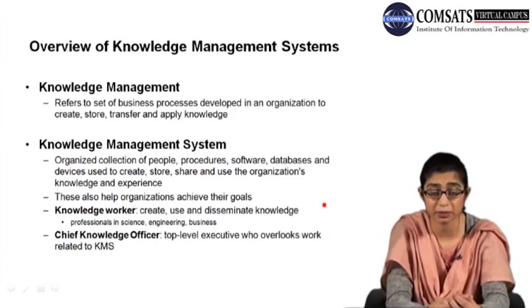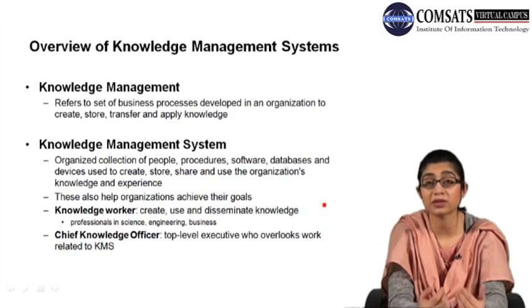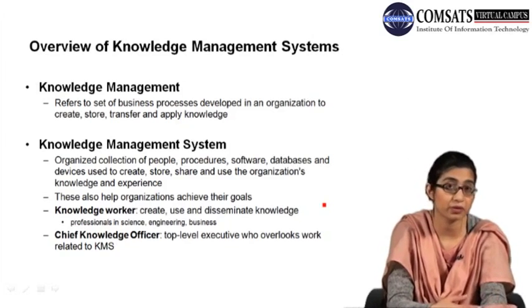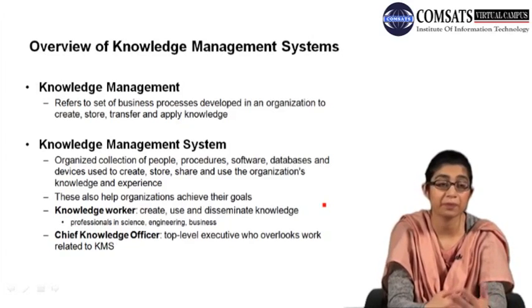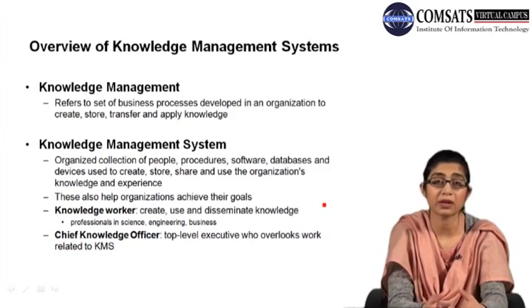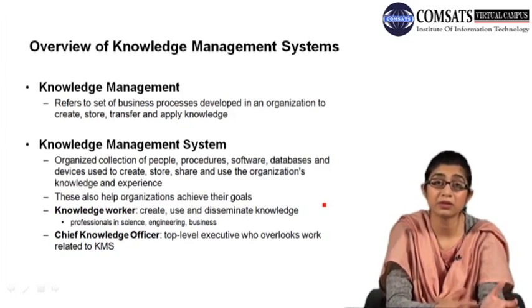So again, there are 4 steps in the knowledge management systems. They also help organizations achieve their goals. Like every other information system that we discussed before, including the decision support systems and the executive support systems, knowledge management systems are there to help the organization achieve its goal and do its tasks